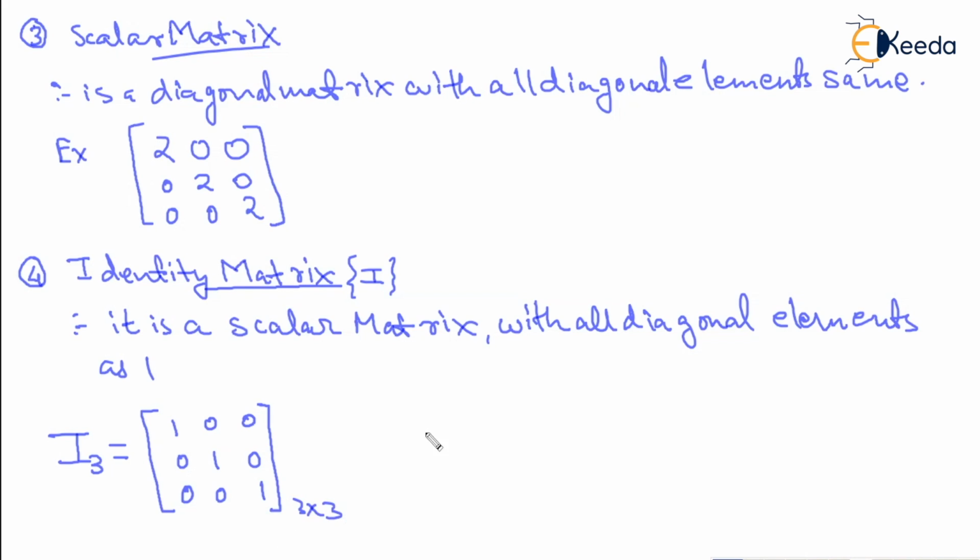And if it is I2, it is a second order identity matrix, 2 cross 2. So as per the requirement, if you have to do the addition, for the required conditions you will take the size. If it is multiplication, for the feasibility of the multiplication, you'll have to consider that size. So in all the cases, this dimension may not be mentioned, but you will have to understand it as per the operation involved.